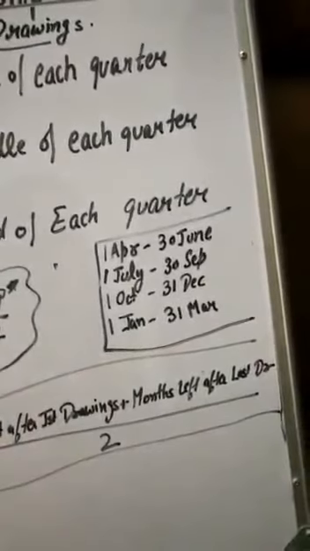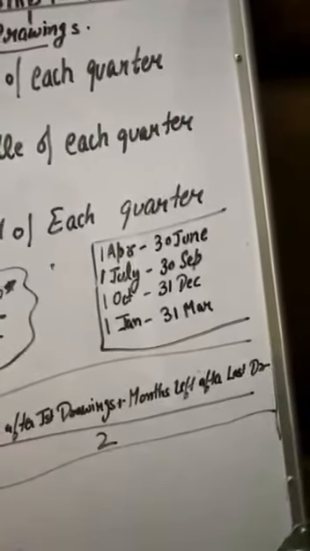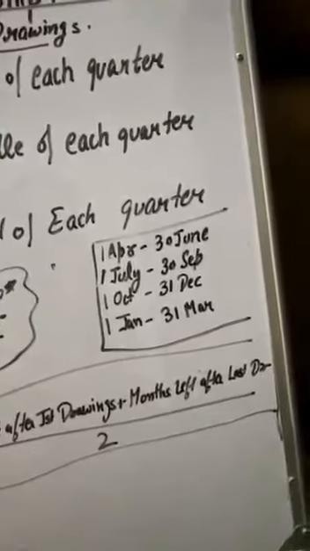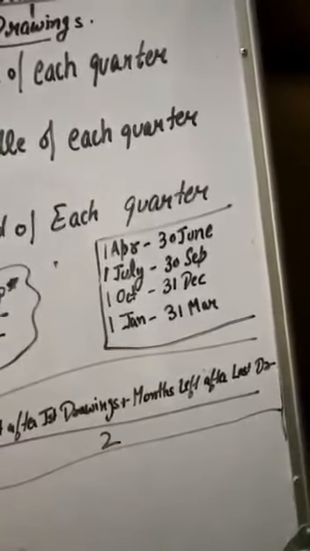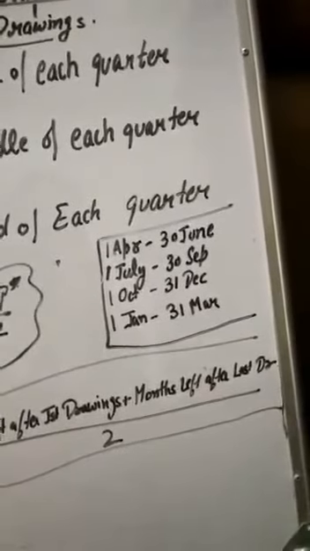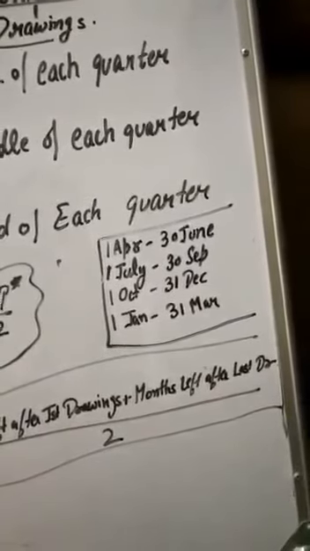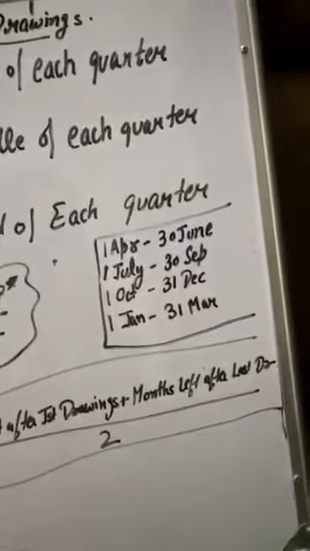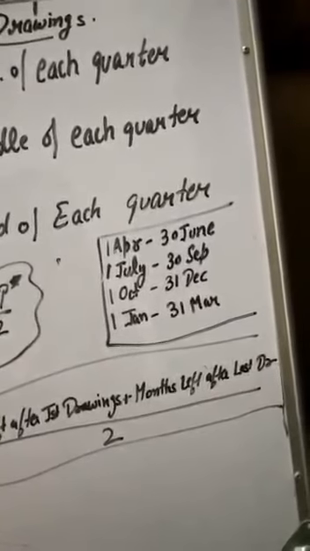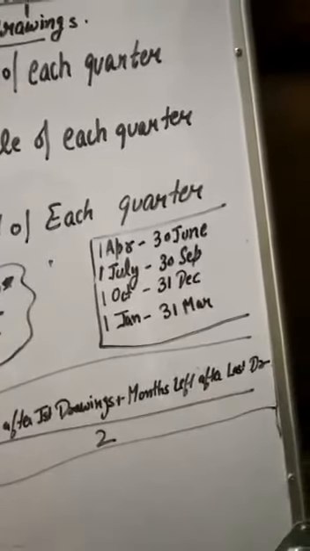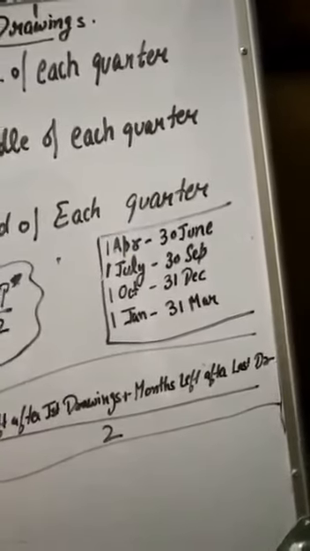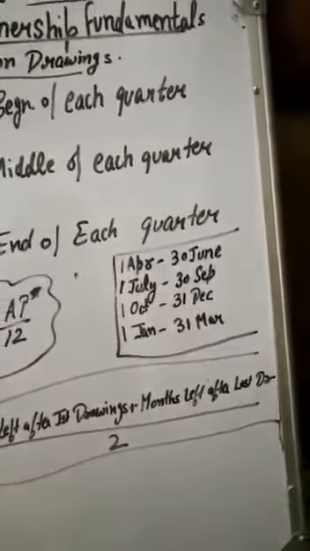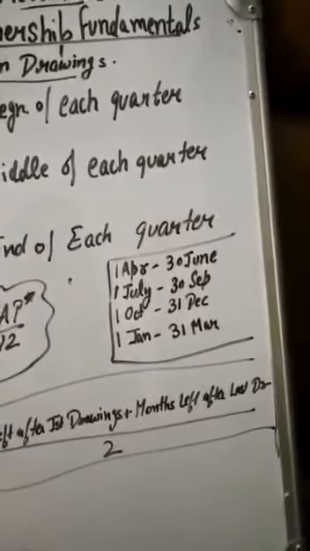If we are talking about the financial year, the first quarterly installment will be of 1st April to 30th June. The last quarterly installment will be of 1st January to 31st March. Okay, students? I hope you are clear with the system of quarters. So in a year, we have 4 quarters. Each quarter has a time period of 3 months.